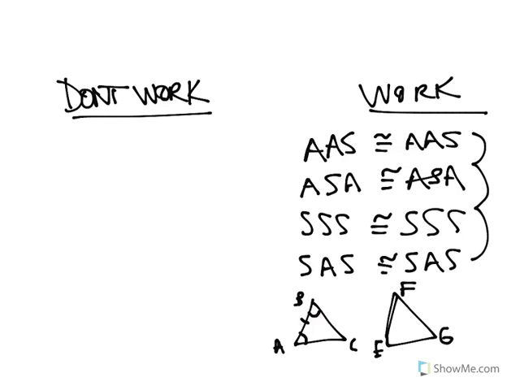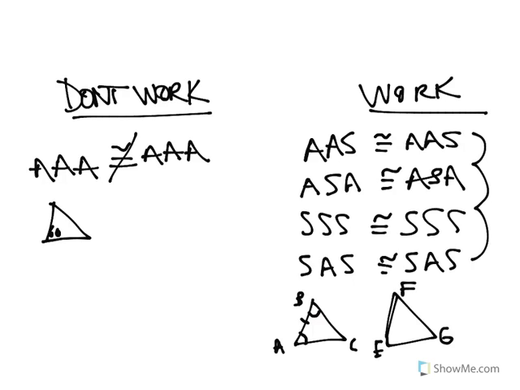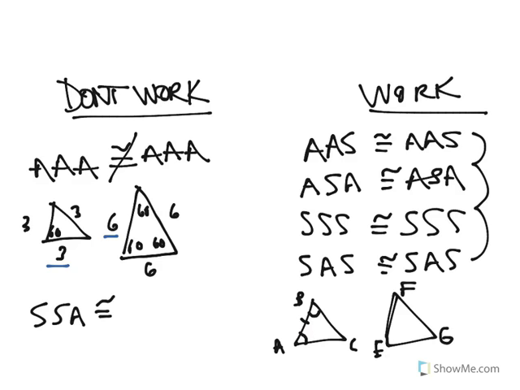Now, the things that don't work are angle, angle, angle, because remember equilateral triangles, they all have 60-degree angles. We could have an equilateral triangle that's this size, and we can also have an equilateral triangle that's this size. Now, congruent triangles need to have the same size and shape. These triangles have the same shape, but they are different sizes, and therefore angle, angle, angle does not work. The other one that doesn't work is side, side, angle,